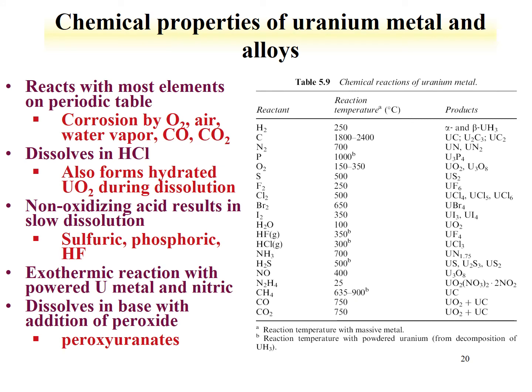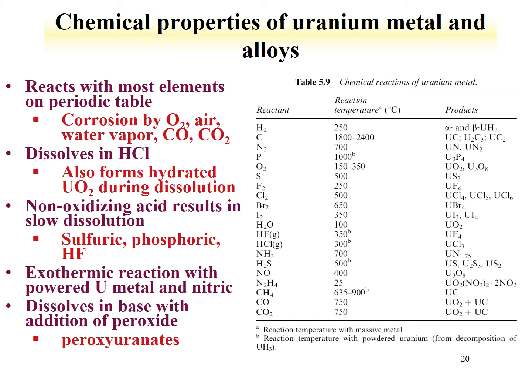The chemical properties of uranium metal and its alloys are listed here. Uranium metal reacts with, you can form alloys or intermetallics with a lot of the elements on the periodic table. The metal itself can be corroded by air, water, even under elevated temperature with carbon monoxide. This often means that if you store uranium metal, you store it under oil, so it prevents air interactions. The metal dissolves in HCl,